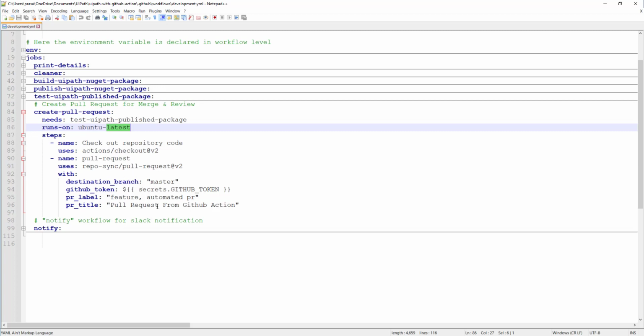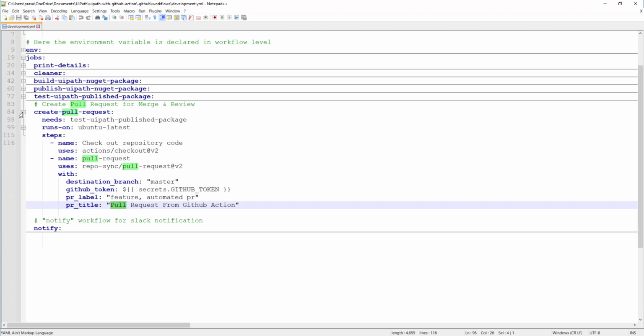So you should be able to create a pull request. You can see here, again, we are using an action called repo sync and pull request. And I am giving the GitHub token. These are the labels which will be created. And this is the pull request title we'll see on GitHub Actions.